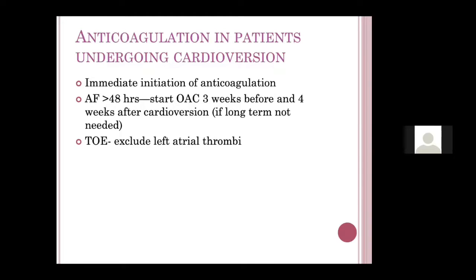The other group is, if the patient is stable and you want to electively cardiovert, like you have given the patient pharmacological cardioversion, but you think that it's not working. Now you want to try electrical cardioversion. You give the patient 3 weeks of anticoagulation, call him for a cardioversion, and then cardiovert. But this is for AF which is more than 48 hours. In AF which is less than 48 hours, you need not worry about it. It's only for AF which is more than 48 hours.